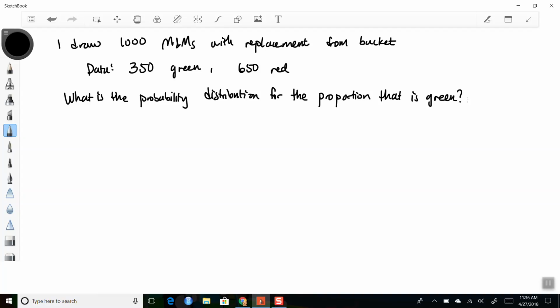Okay, so we don't have to do any math, but let's just intuitively think. After seeing 1,000 observations drawn from the bucket, what do you think is the proportion that's green in the bucket? Okay, so we're still not sure. Our 1,000 observations are still subject to random chance, and we might have, by random chance, drawn too many green M&Ms or too few green M&Ms, okay? But based on our data, what seems to be the most likely value?